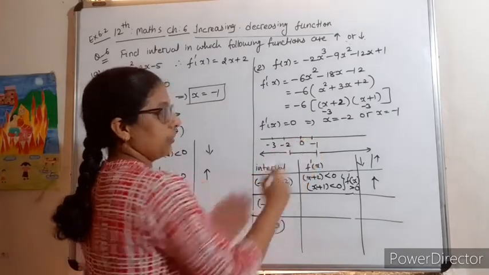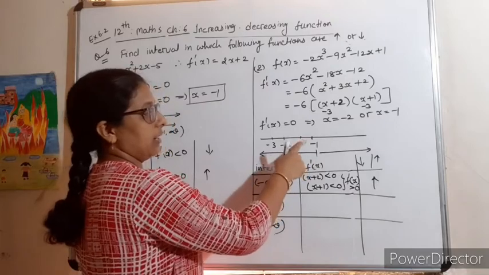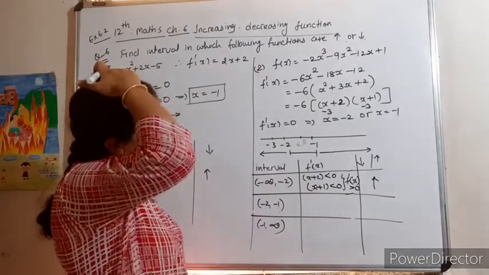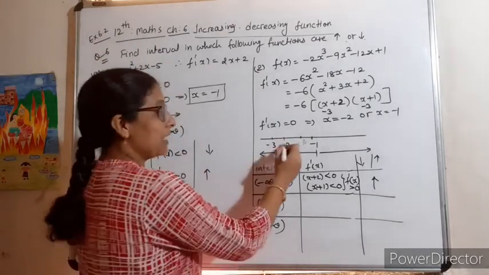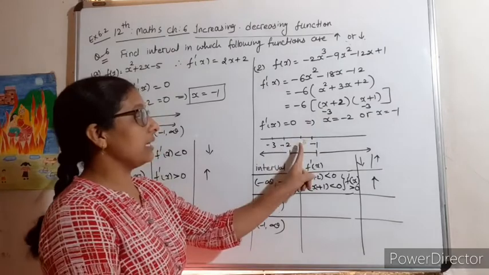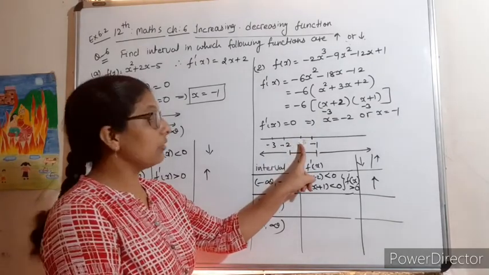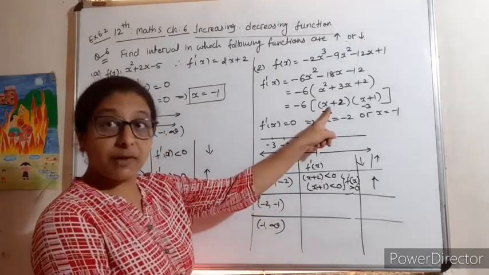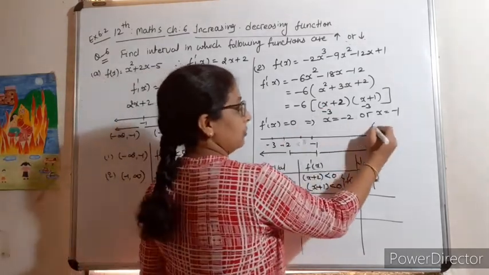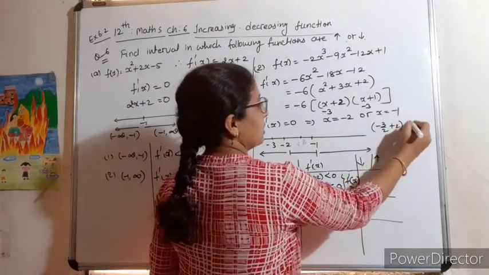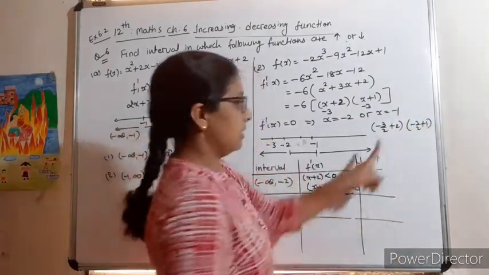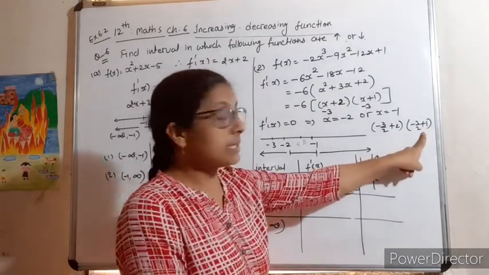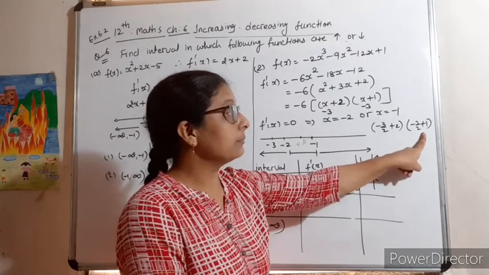So I will take 0 here. ये interval में हमें 0 मिल जाएगा. So if 0 plus 2, 0 plus 1, that means what? अरे, sorry. -2 to -1 है, तो we'll write -1, 3 by 2, -1.5. In this interval, we can take -1.5. So here, -3 by 2 plus 2, -3 by 2 plus 1. It is positive. Take LCM and check it. It is positive. This one is -2 to -1 में लेंगे तो negative.